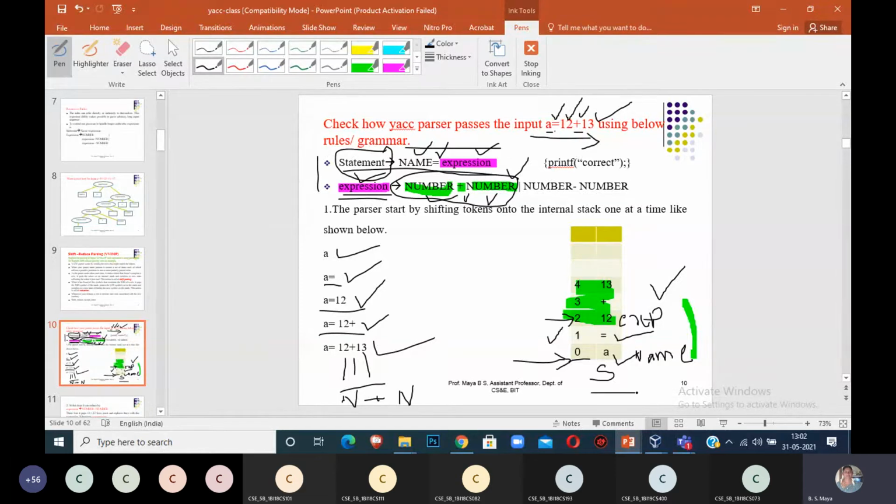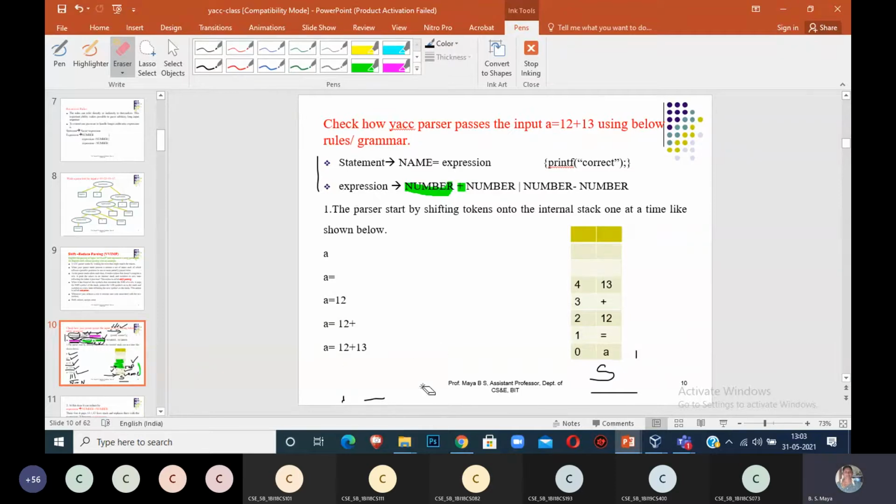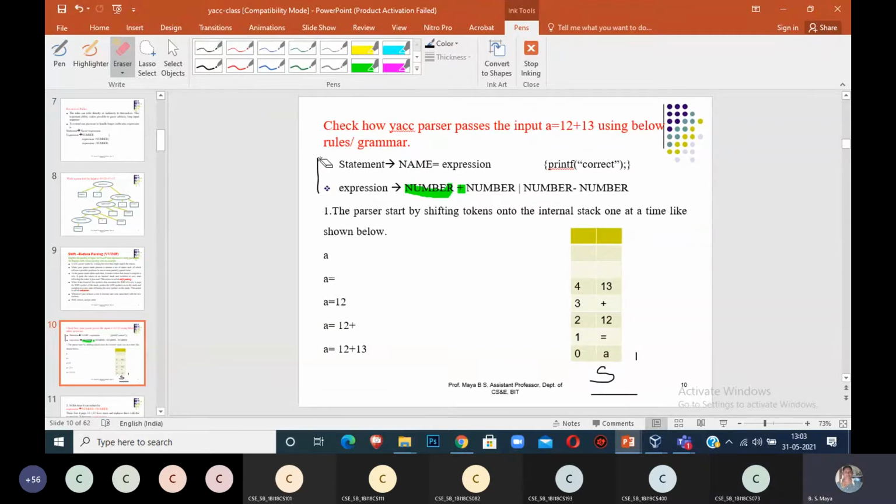Now, does the top of the stack contain the start symbol or not? Yes, ma'am. Which one is the start symbol as per your grammar? Statement. Statement is the start symbol, correct? Then what does the top of the stack contain? Statement. Then can I say the grammar is acceptable? Yes, the top of the stack contains the start symbol, so you can say the grammar is acceptable.